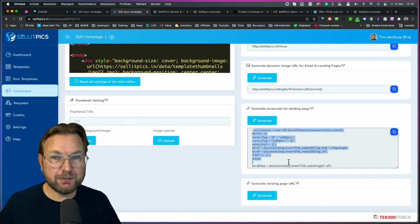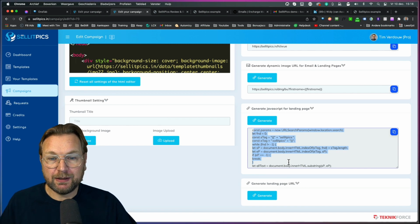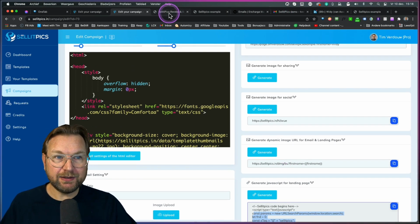So if you have a landing page builder, there will always be a part to insert a body script, and you can add that inside of your body script. And then the only thing that you need to do on your landing page